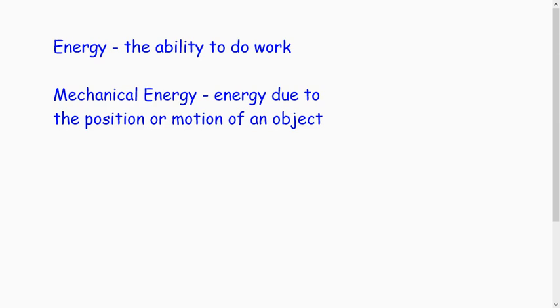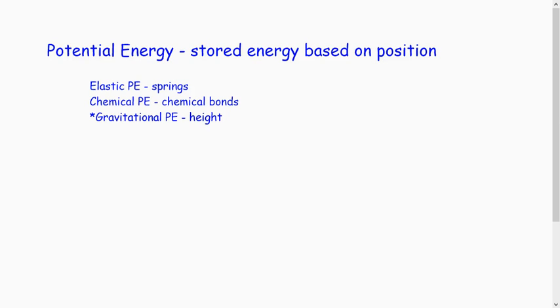There are several different types of energy, but mechanical energy is the energy due to the position or motion of an object. So there are two types of mechanical energy, potential energy and kinetic energy. We are going to be focusing on potential energy to start with, which is stored energy based on the position